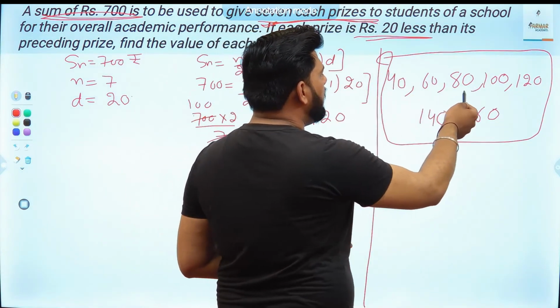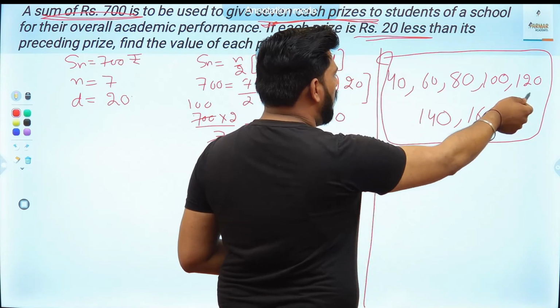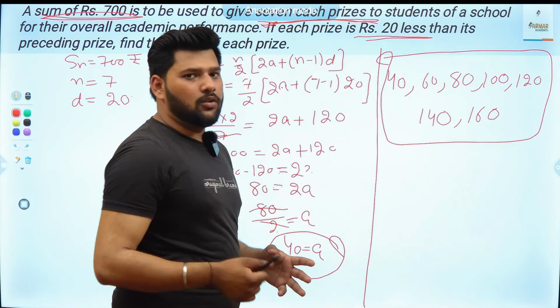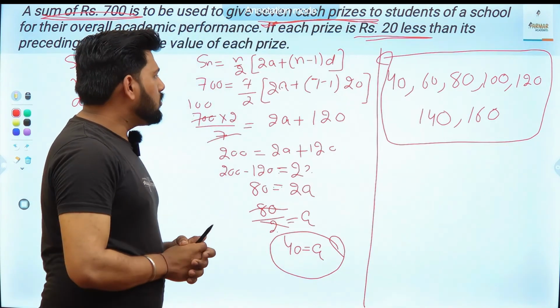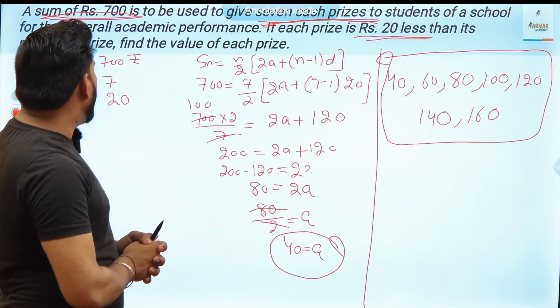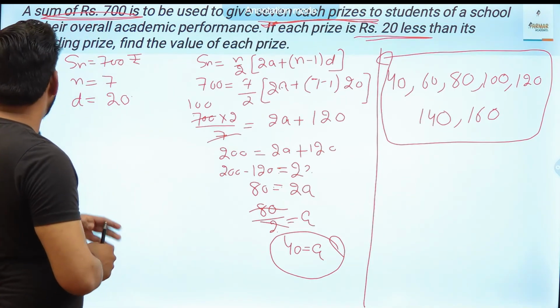40, 60, 100, 180, 280, 400, 540, and 700. So the total sum is 700. So this is how we can find the amount of each cash prize. So the next one,